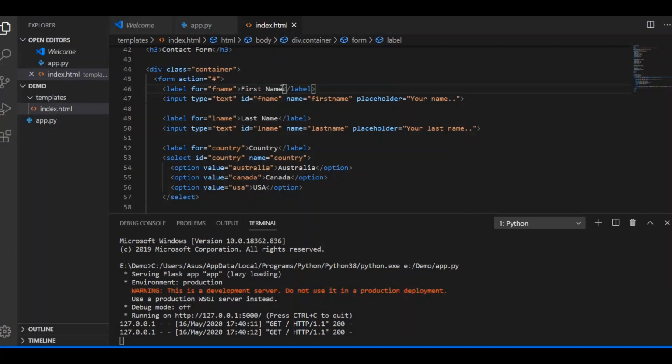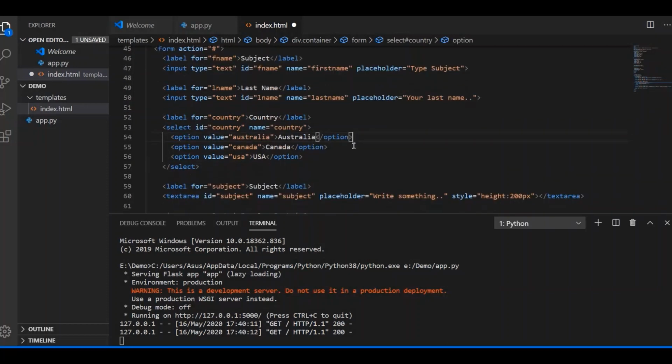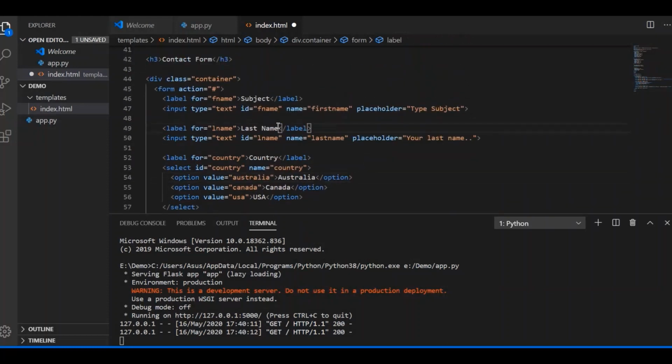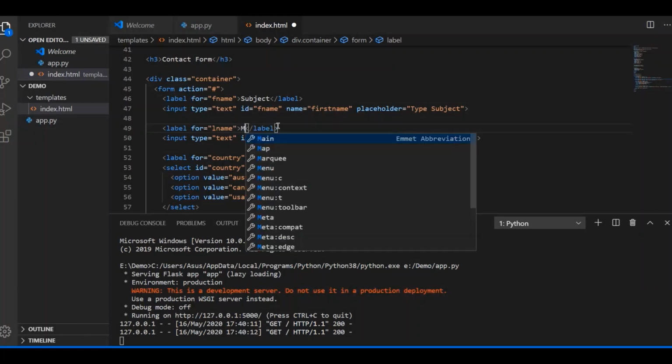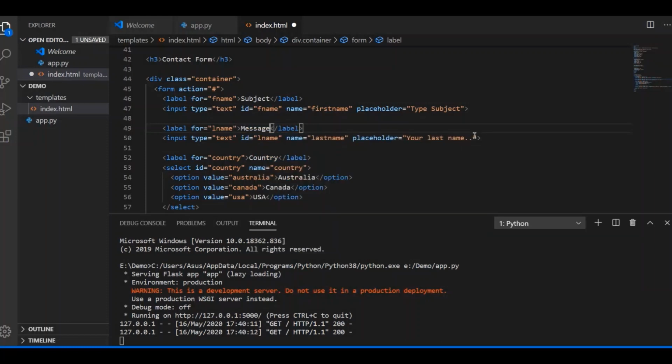I will rename it as subject, and here I will write subject. It is okay. After that we have to write message. Write your message.